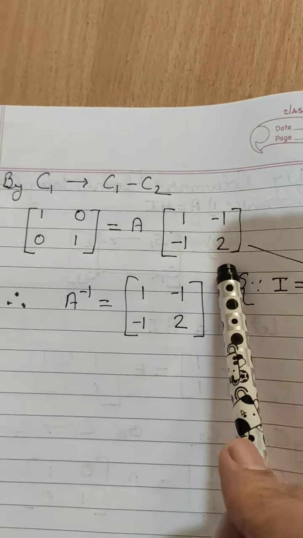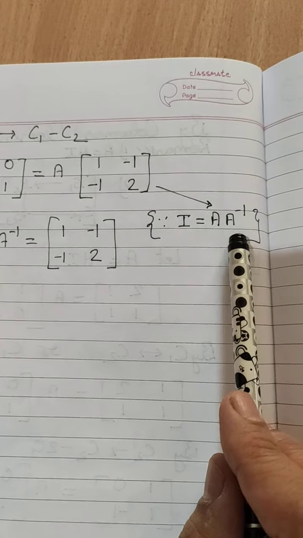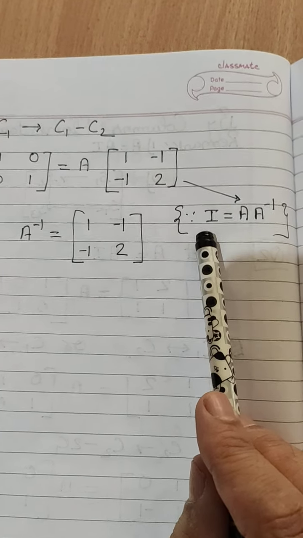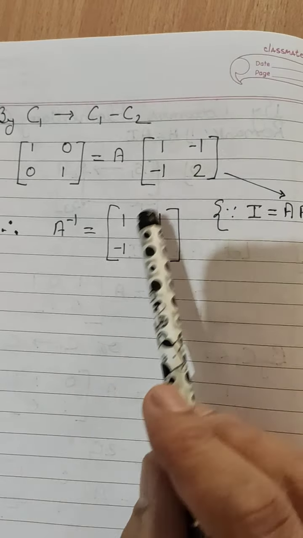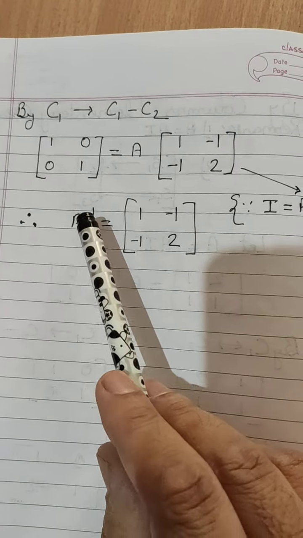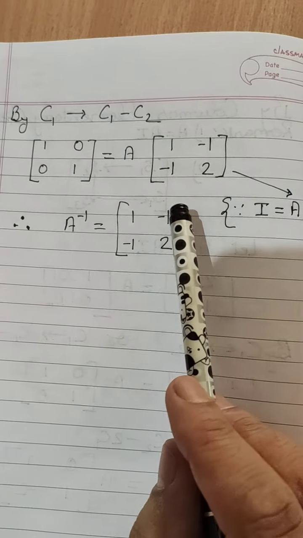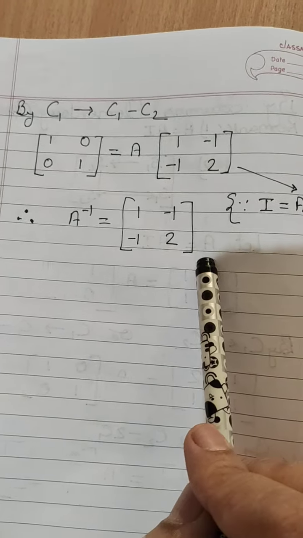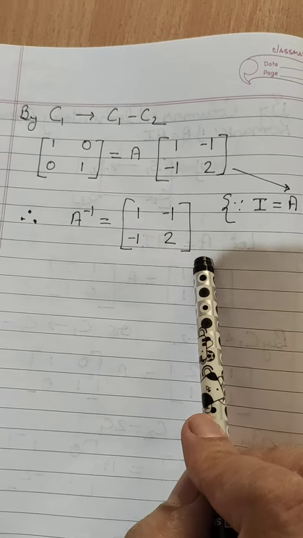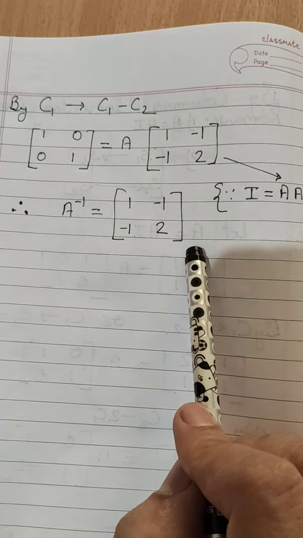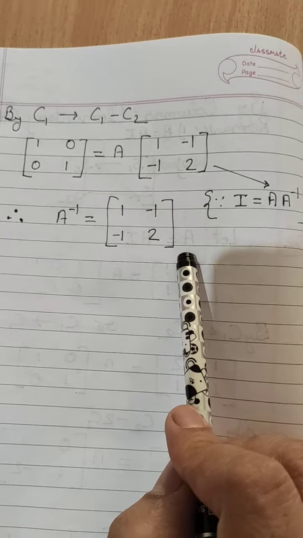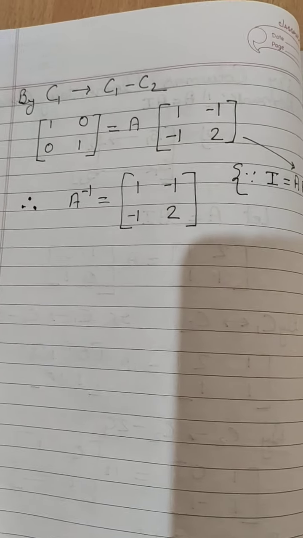Now by the definition of the inverse of a matrix, when we multiply a matrix by its inverse, it is equal to the identity matrix. So this matrix is known as the inverse. So what is the value of the inverse matrix? A inverse is equal to 1 minus 1 2. Our question is complete. There are some cases where the inverse does not exist. So now we will see a question in which the inverse does not exist.